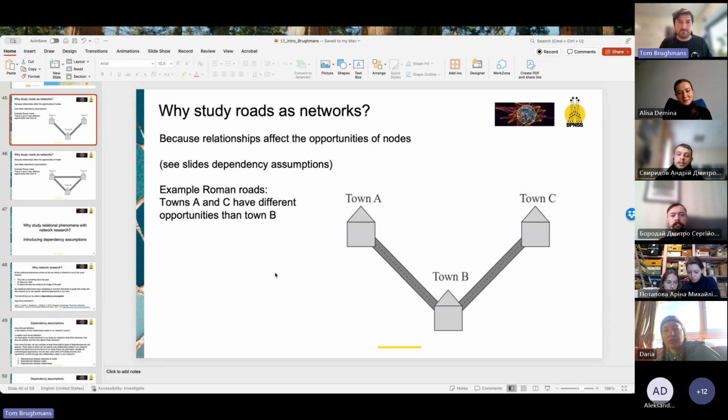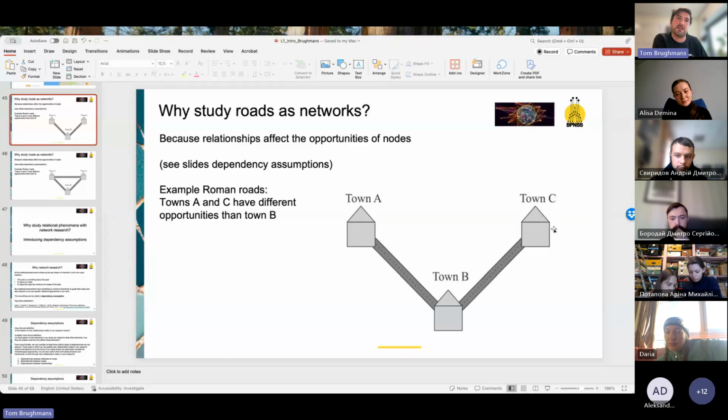Why does the position of a town on a road, like I've shown you earlier, matter? Well, because these relationships, if they are in particular shapes, will affect the opportunities of the towns. Let's look at this example here. We have town A, which is connected by a road to town B, which is connected by a road to